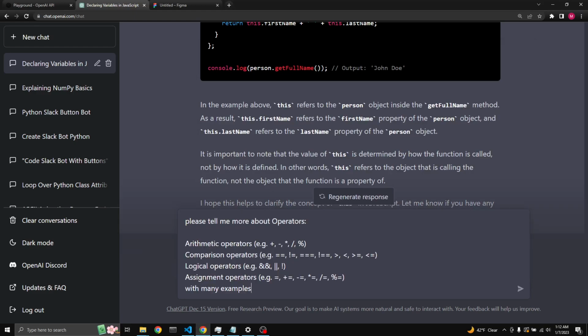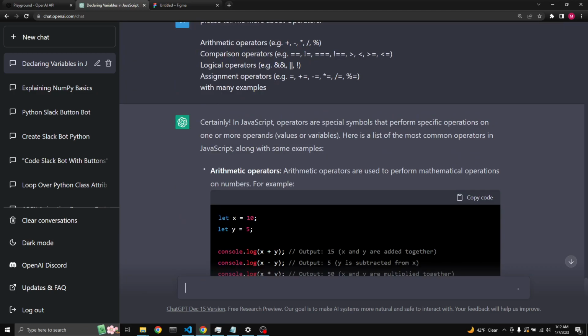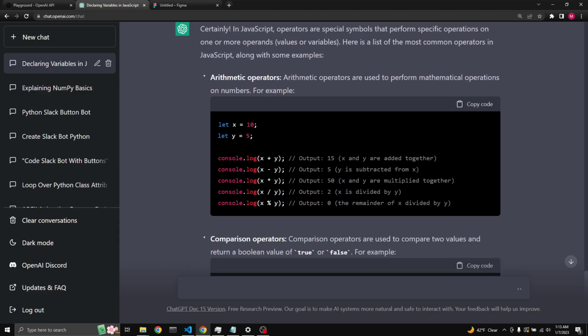So I have typed in, please tell me more about operators, the arithmetic operators, comparison operators, with many examples. Let's see. Okay, as it's typed in, let's continue reading. In JavaScript, operators are special symbols that perform specific operations on one or more operands, values, or variables. Here's a list of most common operators in JavaScript, along with some examples. Arithmetic operators, used to perform mathematical operations. For example,